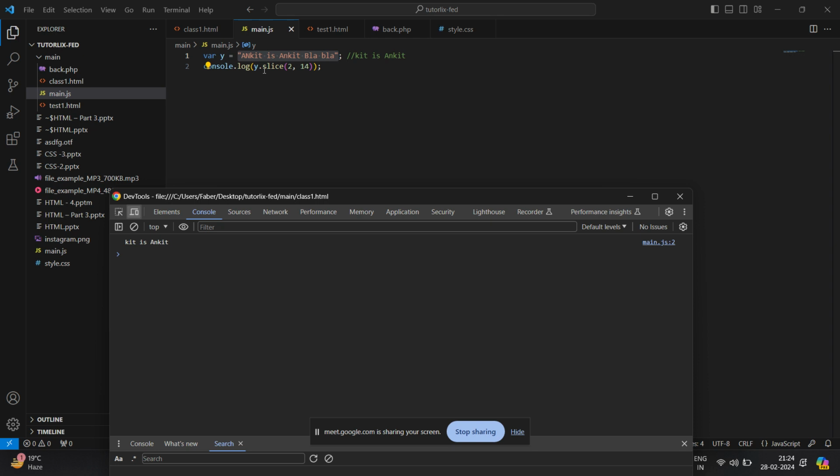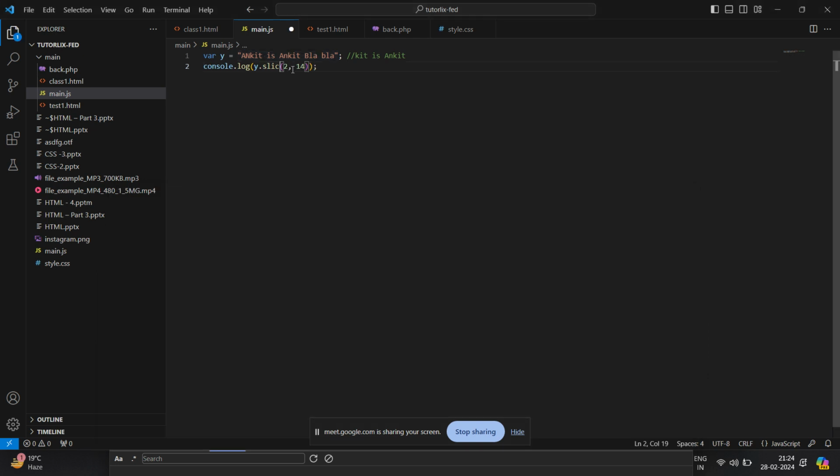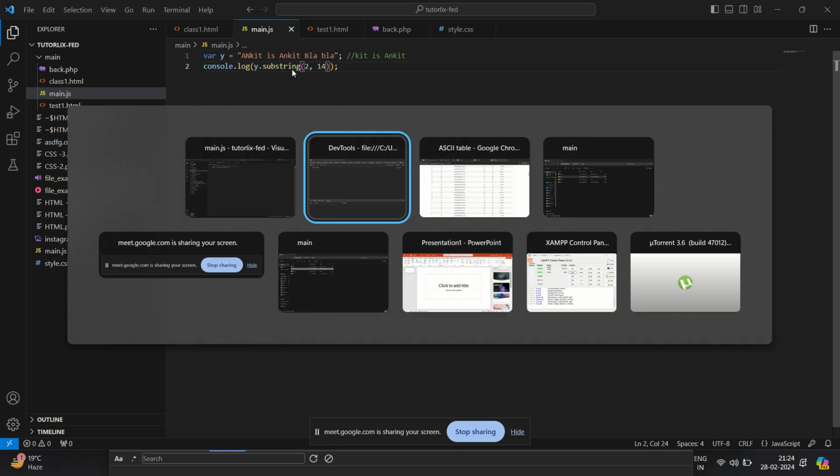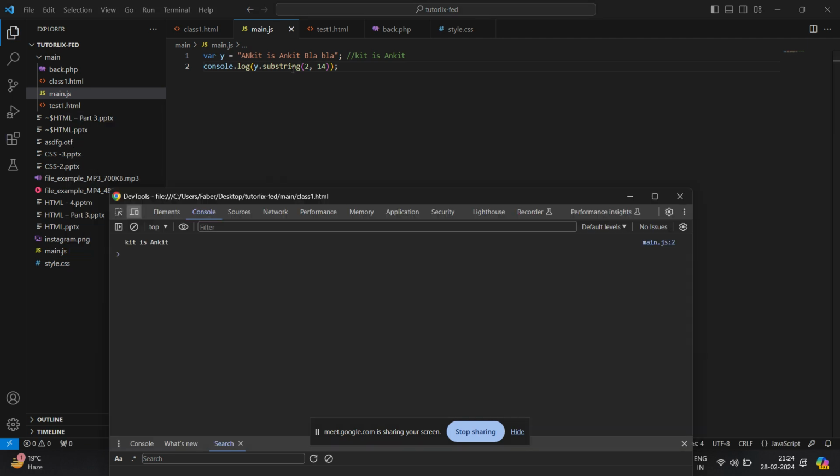Okay, next comes the substring. If we make use of substring and we just give it 2 to 14 again, this will give the substring out of the main string. Now the question is, what's the difference between slice and substring? So coming back to slice,